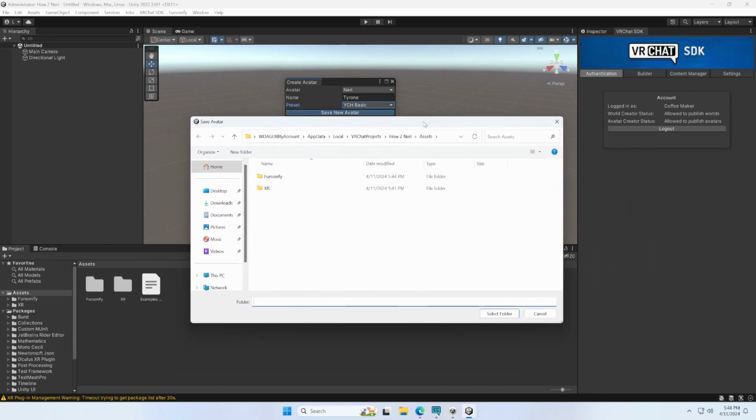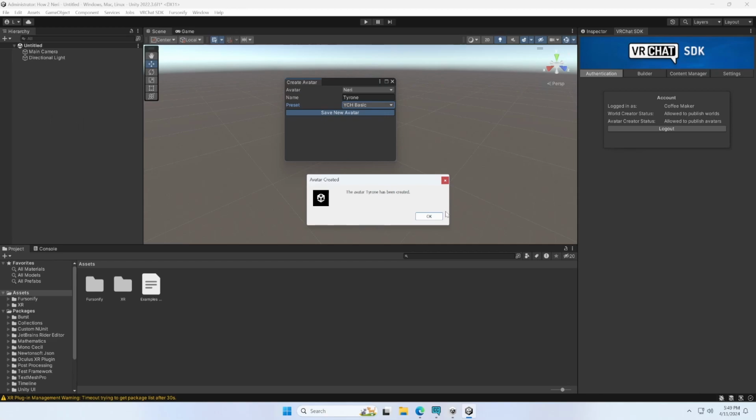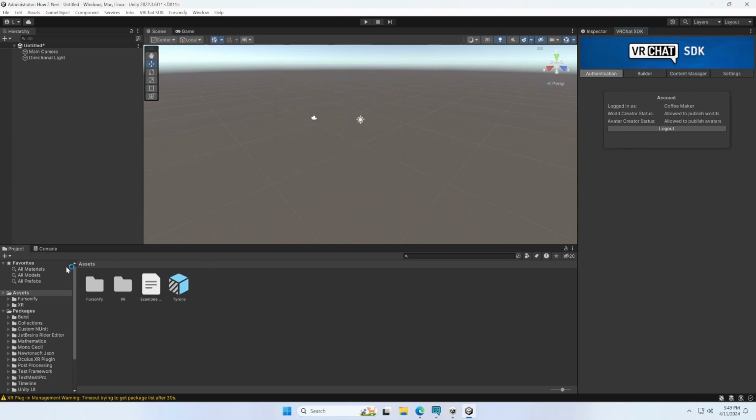Pressing the Save New Avatar button will bring up this window. This is basically where your avatar's instance will be saved. It's a prefab variant for those who know what that is. If you don't know what it is, don't worry, just go ahead and put this into the Assets folder. Press Select Folder. Once the avatar has been created, we can press OK, and it should appear in the Assets